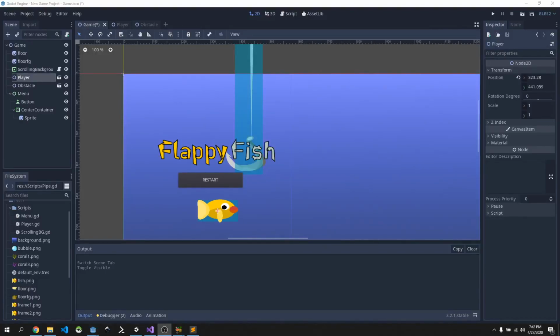Hey guys, welcome to part 5 of this Flappy Bird clone tutorial series. In this video we're going to be looking at how we can kill our player and use the observable or observer pattern to achieve this in Godot. Godot ships natively with something called signals, which implements this pattern for us. I'm just going to show you how you can connect this all up in Godot and get this working